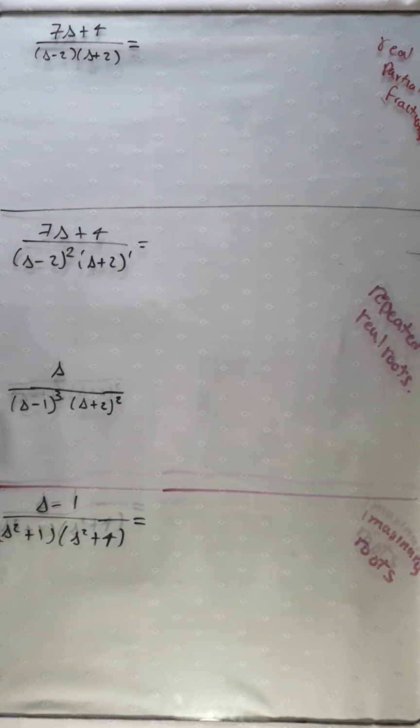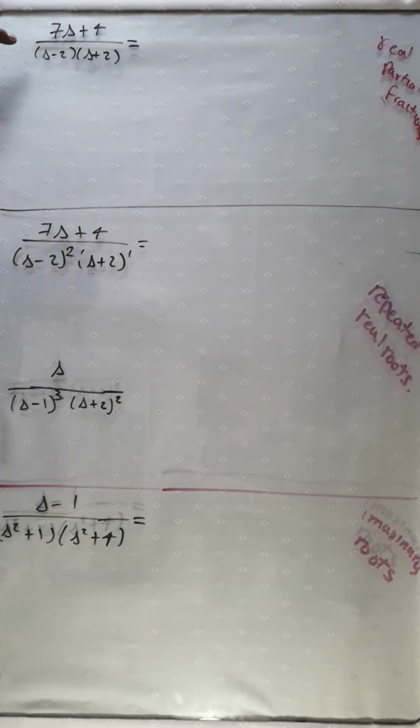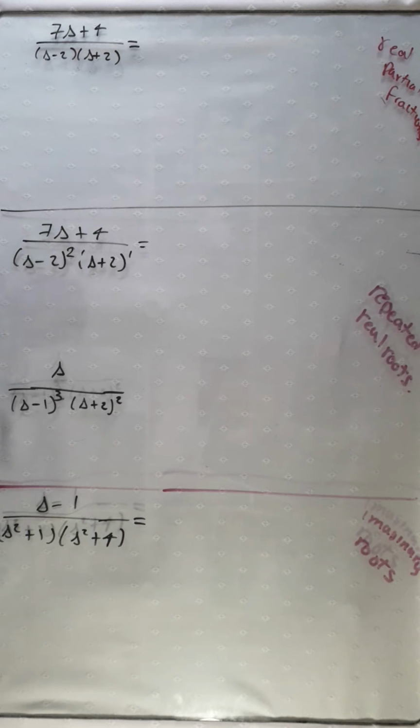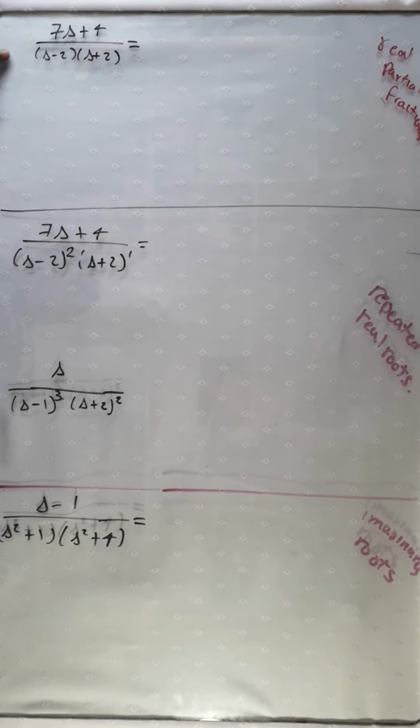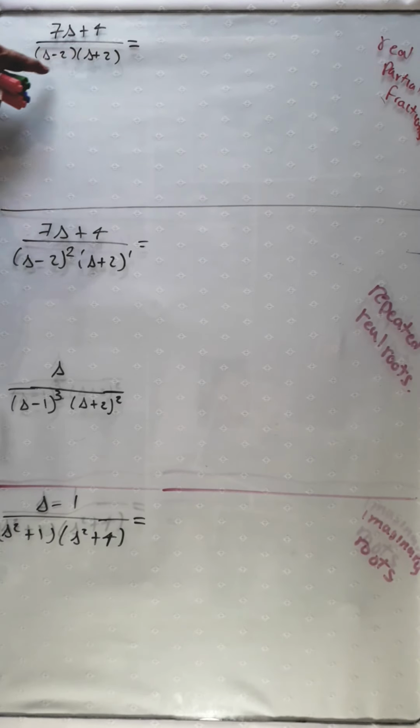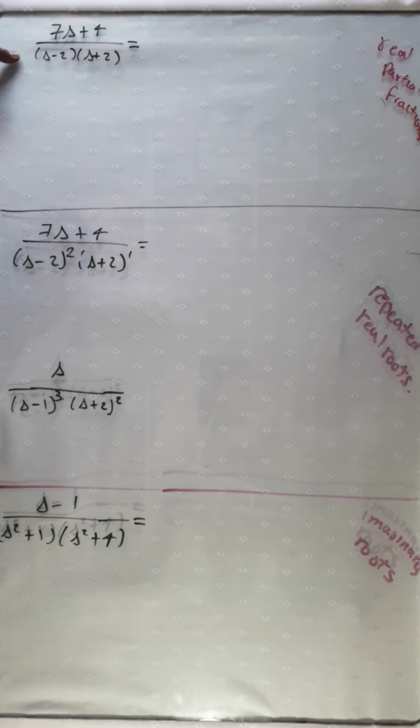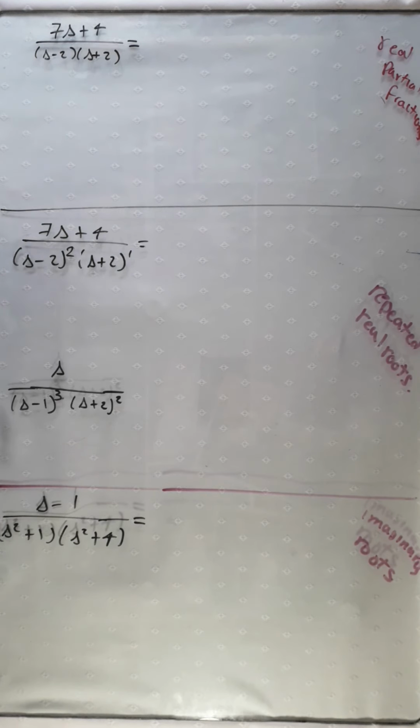First thing to notice is that when you have these partial fractions, you have to first recognize the denominator. Actually, the partial fractions are more related to the denominator. The numerator doesn't matter for the moment. But the denominator is telling you what kind of partial fraction you will have. For example, here is s minus 2 and s plus 2 as a multiplication. So here, this is a polynomial of second degree,